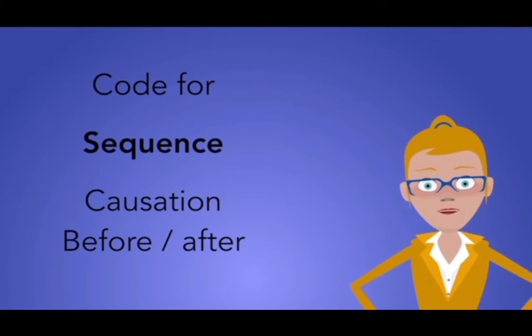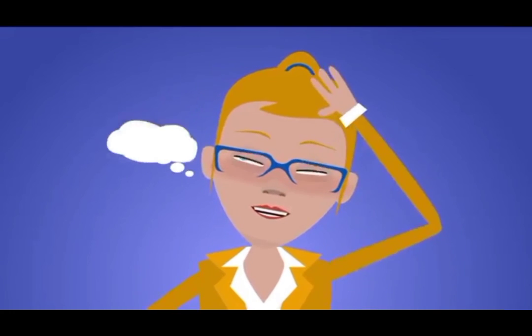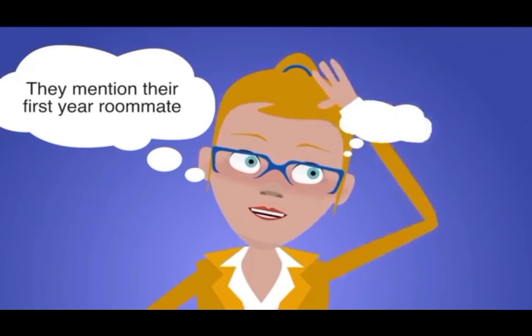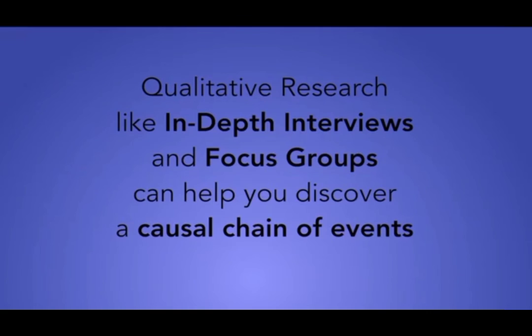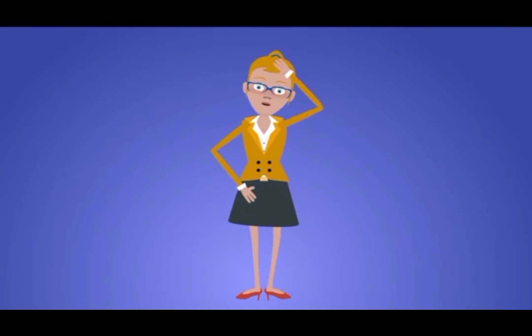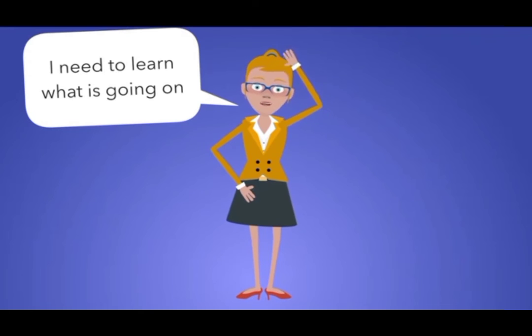What do people do? And do they do it before or after something? So in order to think about causation, you need to be able to say that A comes before B and that therefore A causes B. This is how qualitative work can be quite useful, in that you can in fact code for sequencing and thinking about causation.